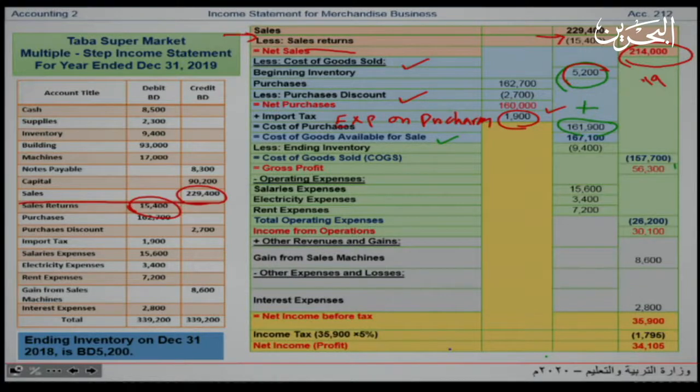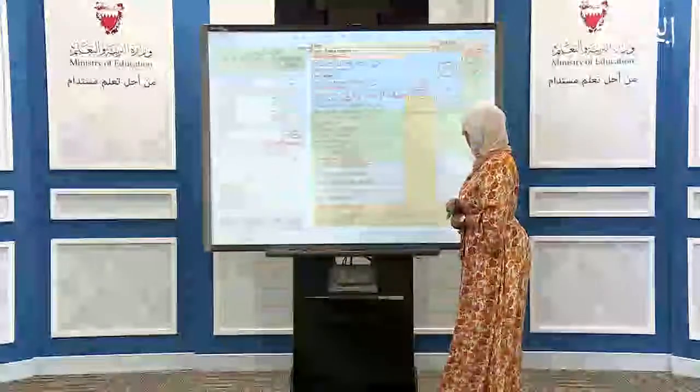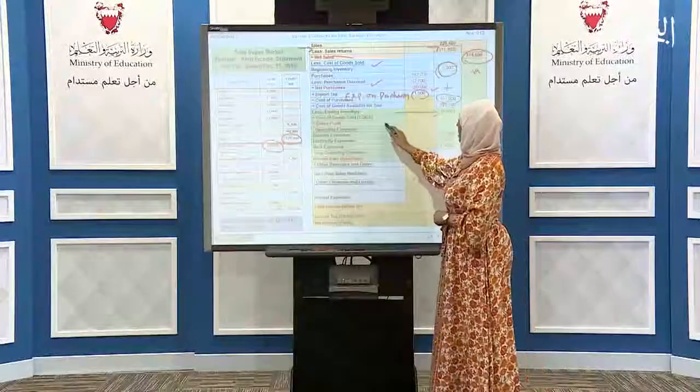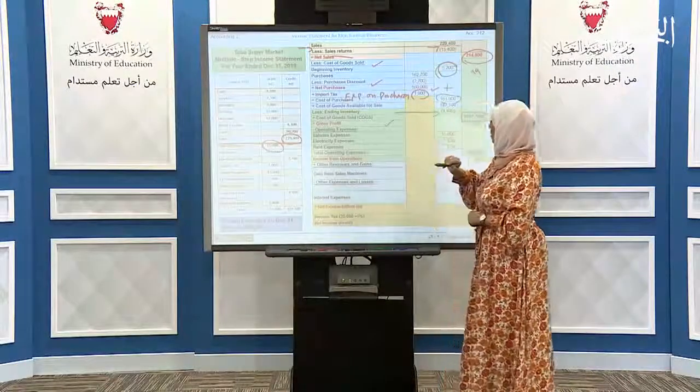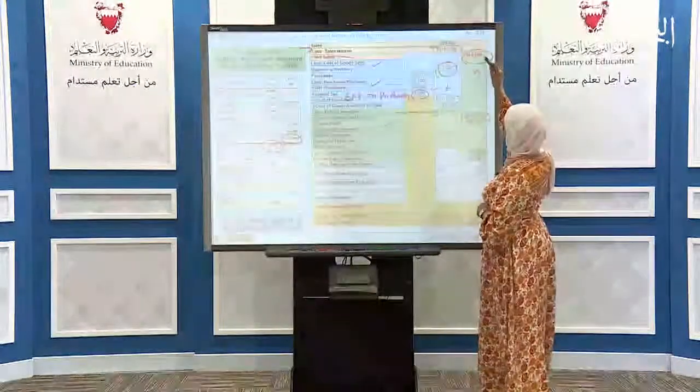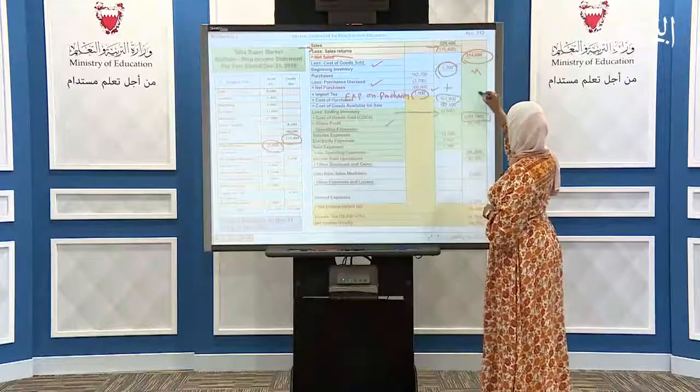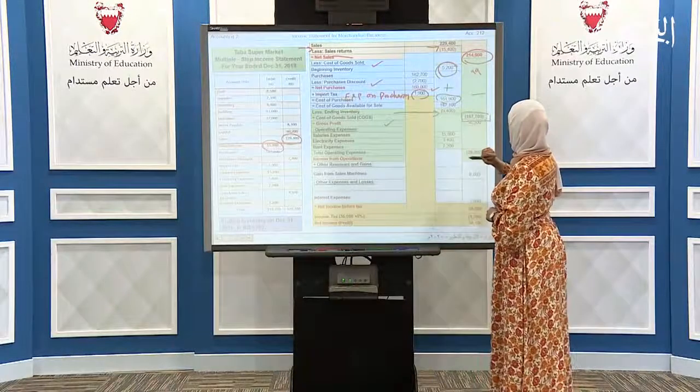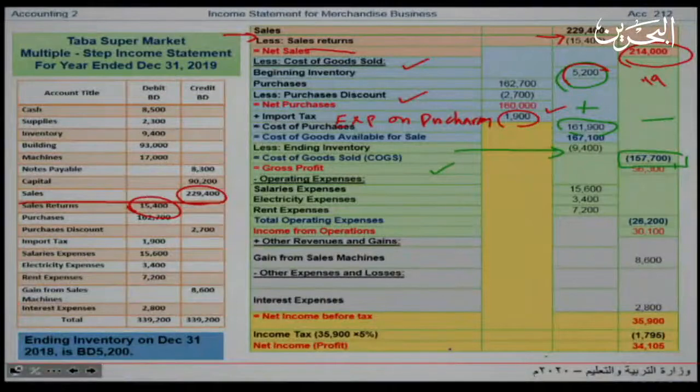After we get the cost of goods available for sale with a figure of 176,100, I will subtract the ending inventory from it, and I will get the cost of goods sold with a figure of 175,700. Then I will shift to find the gross profit. How can I get the gross profit? I will take the net sales that I found before, and I will subtract from it the cost of goods sold. So I will get the gross profit with a figure of